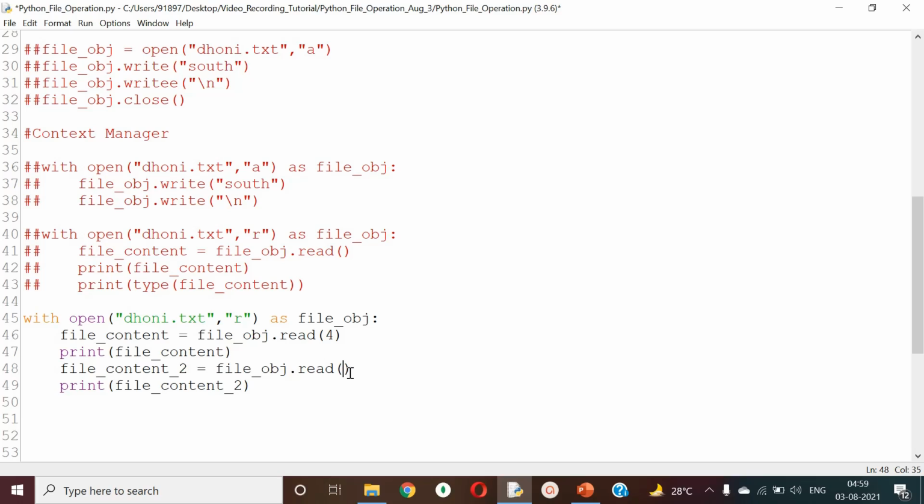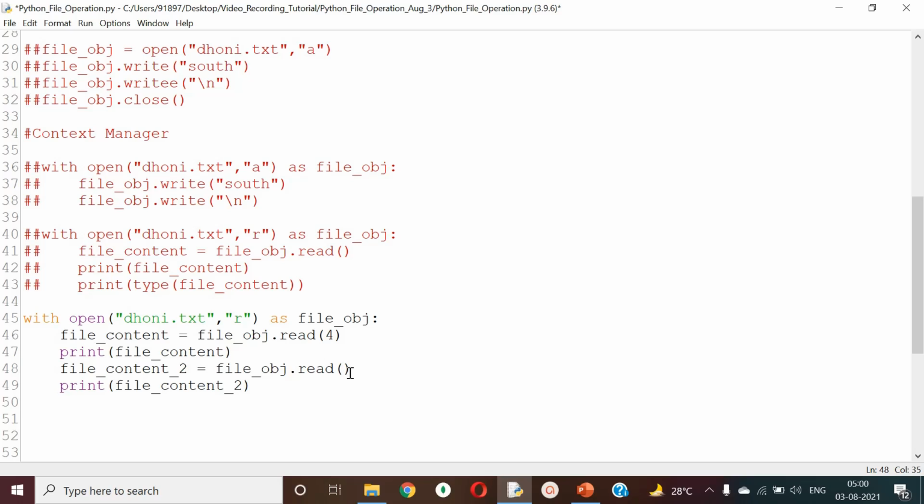Because of the pointer or cursor position. What is the first statement that I gave on line number 46? Read the given file till 4 characters. It will read. So what happens after it reads? The cursor will still be blinking after the 4th character. So when you start giving the read again, it will start reading from the place where the cursor is blinking.